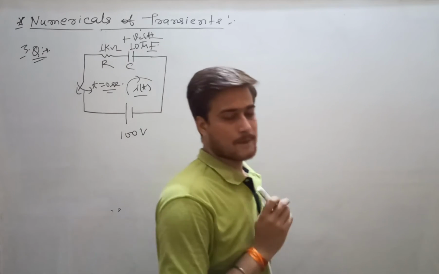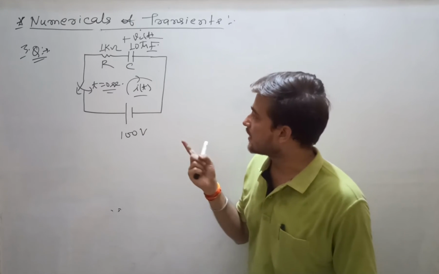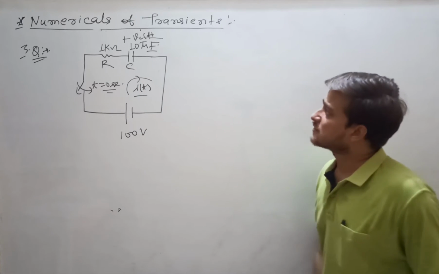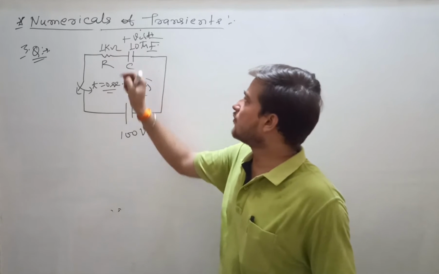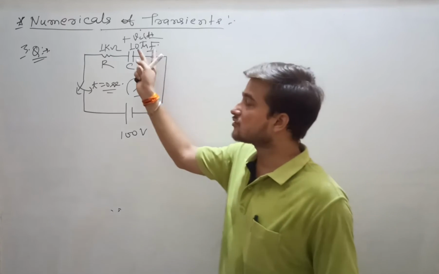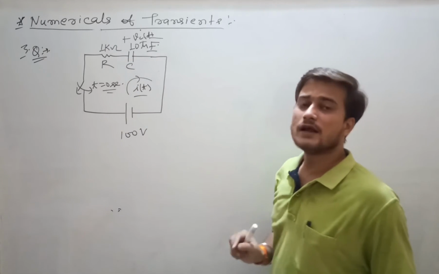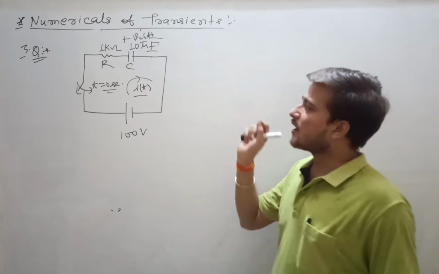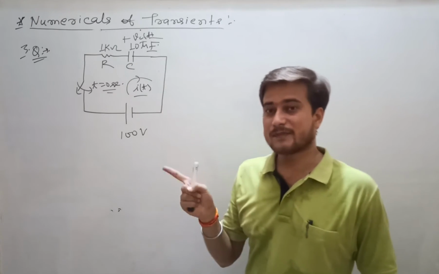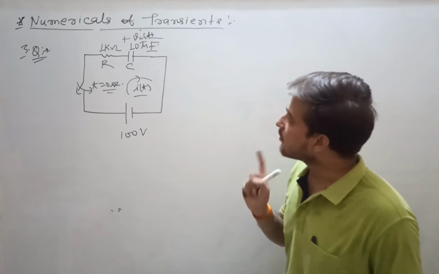Remember one thing, when you start solving this type of question, you must see the direction of current and voltages that have been assigned in the circuit. Clear? Right now they have given the direction of voltage like this: here it is plus, here it is minus. So it is okay. If the direction of voltage was reversed, with minus here and plus here, then the expression for voltages will be reversed, so you will have to take the minus sign. You have to always take care of these things.